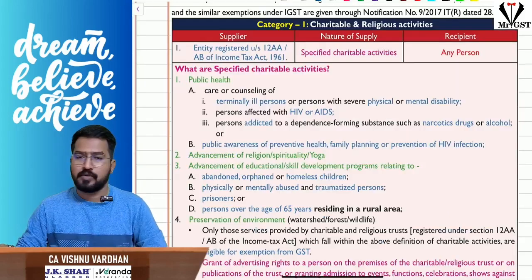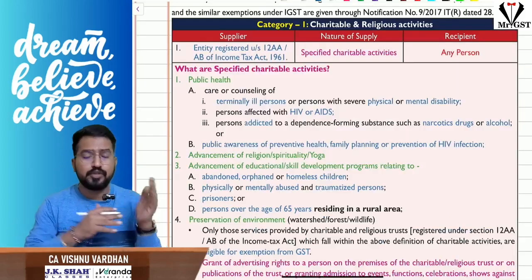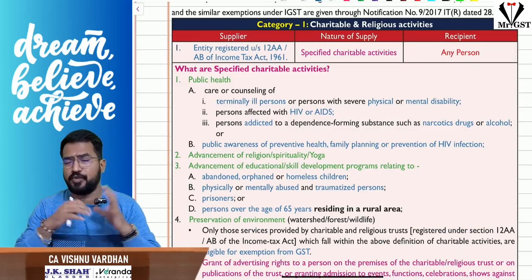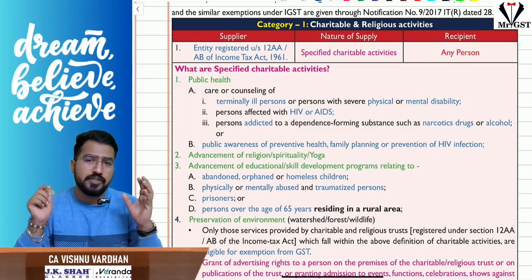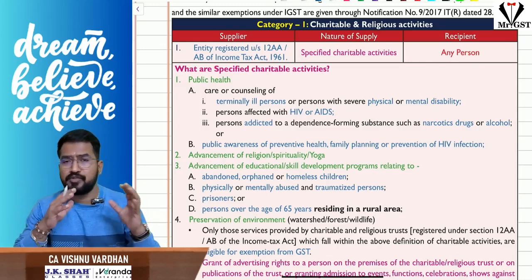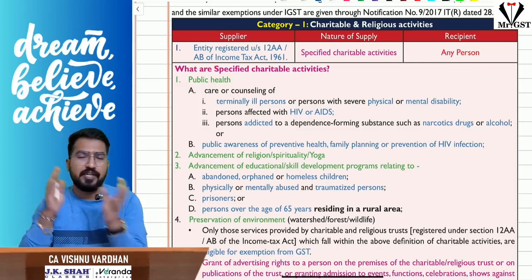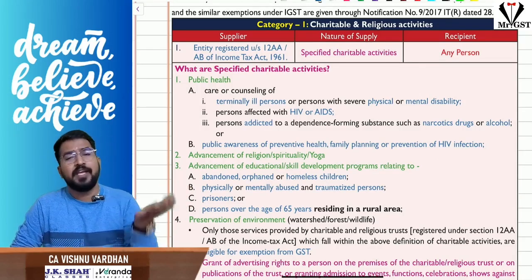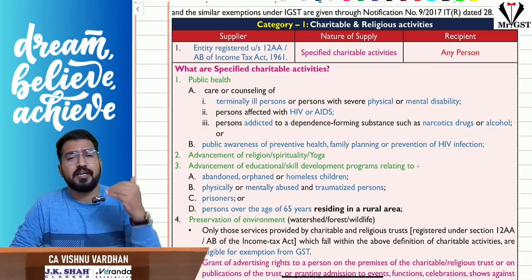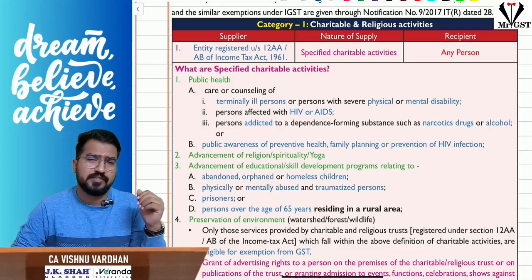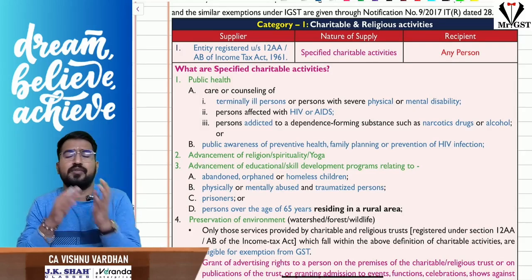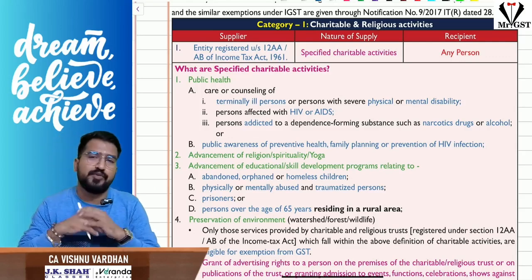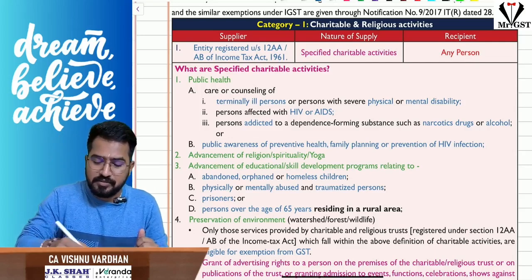In this discussion or the notes, we have not given the exemption entries a serial number the way they have been given in the law or in the notification. We have categorized them based on the type. For example, category 1 is charitable or religious activities. All the exemptions related to charitable institutions we will discuss in one go. In the same way, we'll see one more category like agriculture services, another category educational services. Even in the ICAI study material they have categorized it like this, so I made a similar segregation here. Category wise we are going to see the exemptions. So first, exemptions based upon